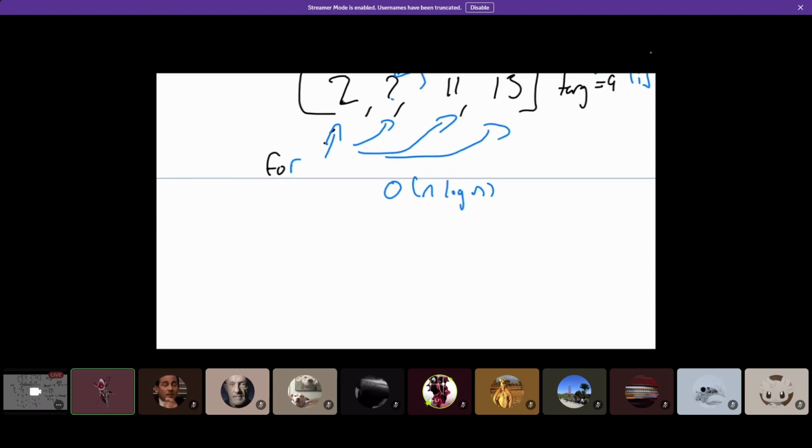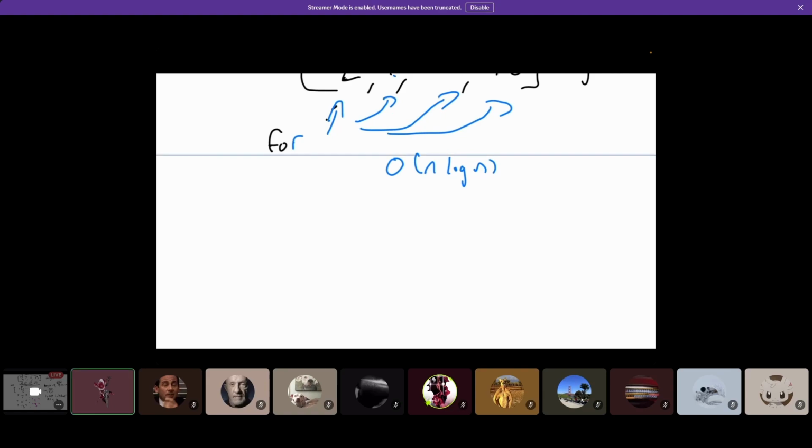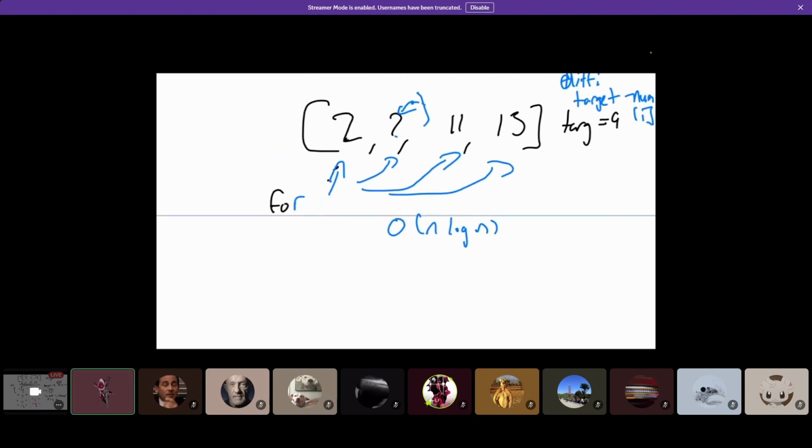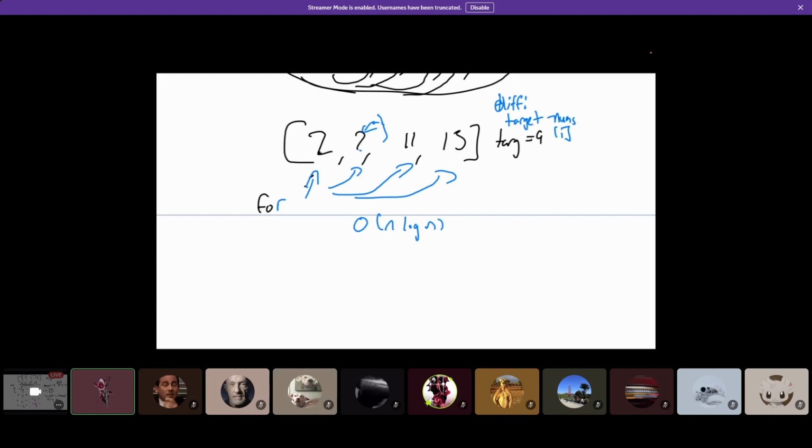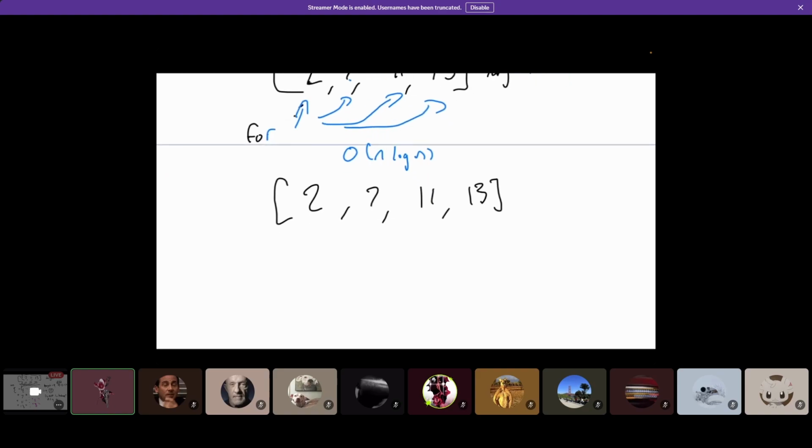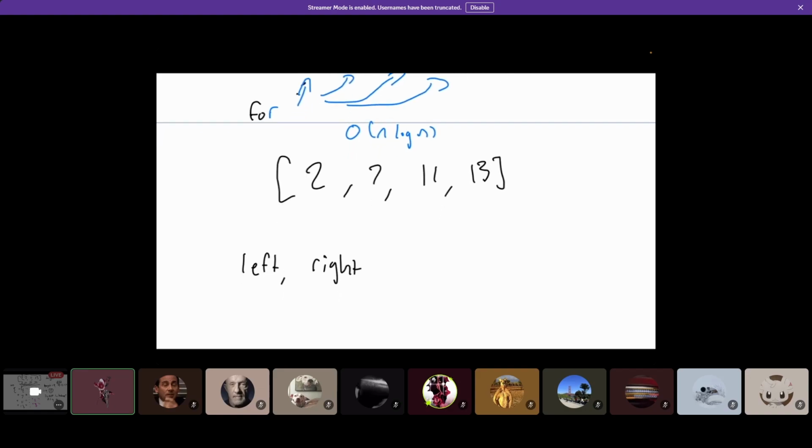You're going to learn about this in algorithms class. Another way that you can solve this problem is using something called two pointers. This is a very basic algorithm you're going to be using in Leetcode for arrays, especially when they're sorted. What that means is you're going to have two different variables. You're going to call one left, and the other one right. And we're going to set these to 0 and to the last index,